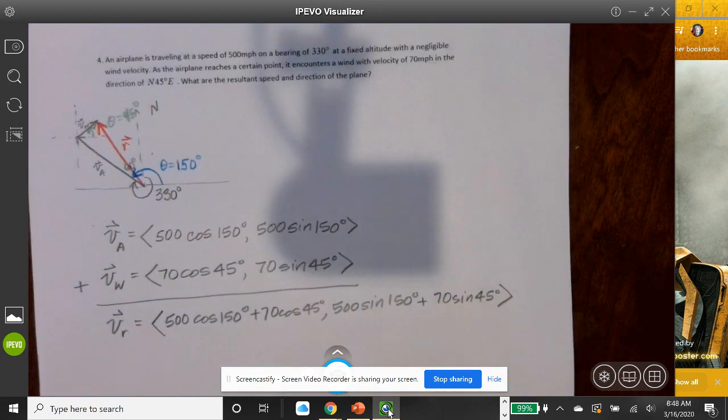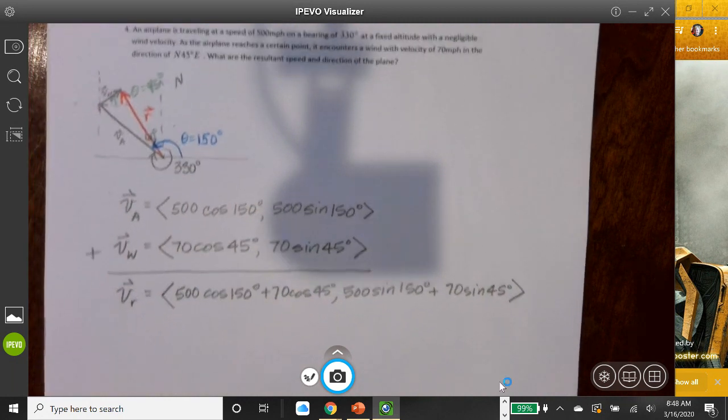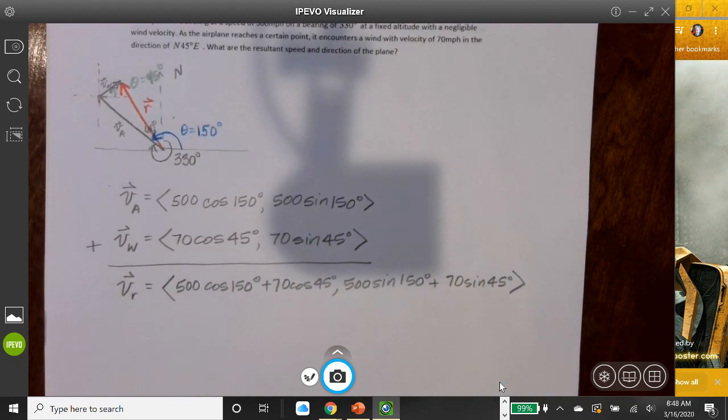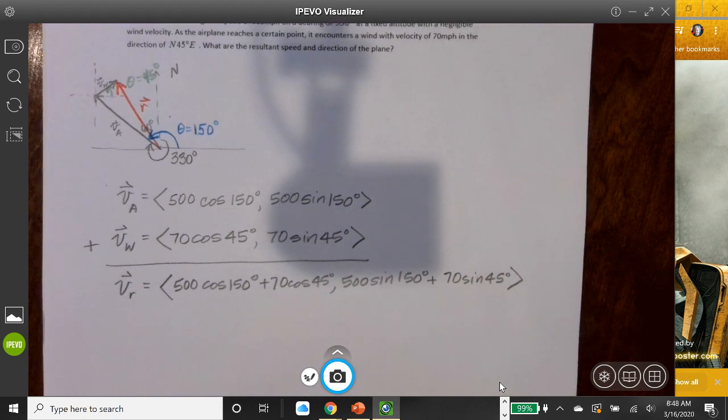Now, all of these angles are ones that we know from the unit circle, so I could see something like this being on a non-calculator section. But, you know, for what we're doing today,